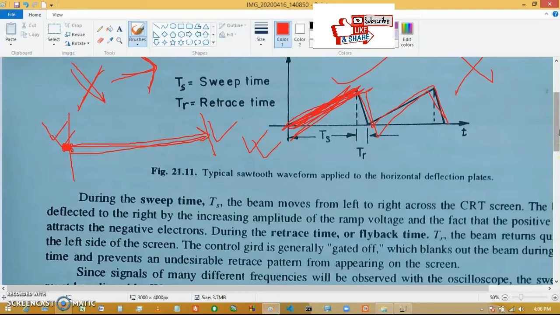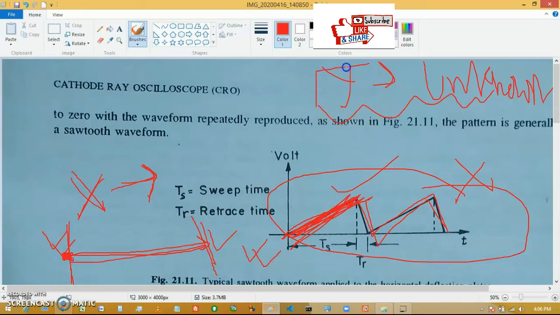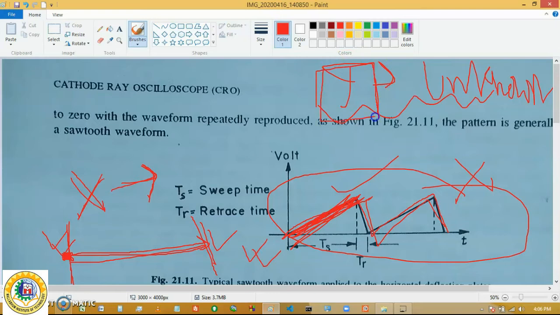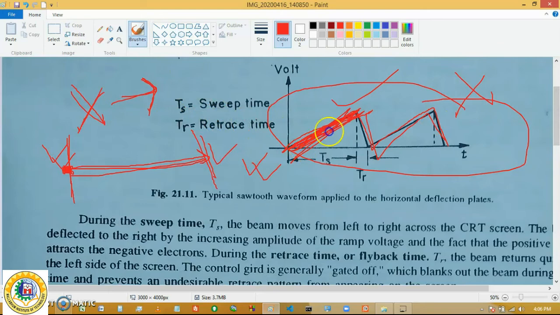So I am repeating again, there are two types of voltage associated with the CRO. The first one is your horizontal ramp voltage, which is generated internally and is responsible for moving the electron beam from the left side of the screen to the right side. The other signal is on the Y plate, which is the unknown voltage. That is not important here; here the X plate is associated. For this internally generated ramp voltage, the sawtooth waveform is chosen in the time base generator circuit, because the sawtooth voltage increases linearly. It is a linear function of time, because it is a straight line. So this waveform can move the electron beam from the left side of the screen to the other side.